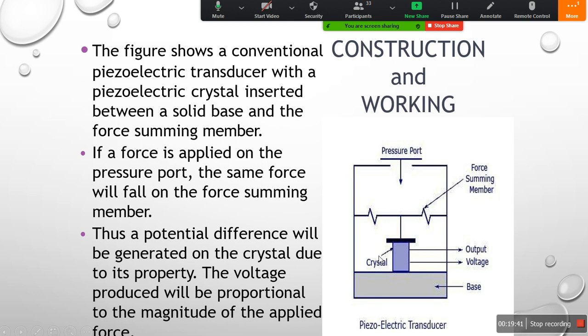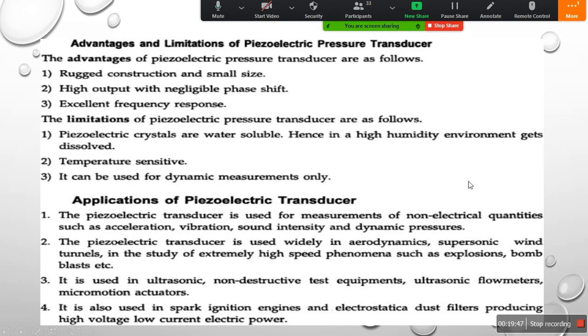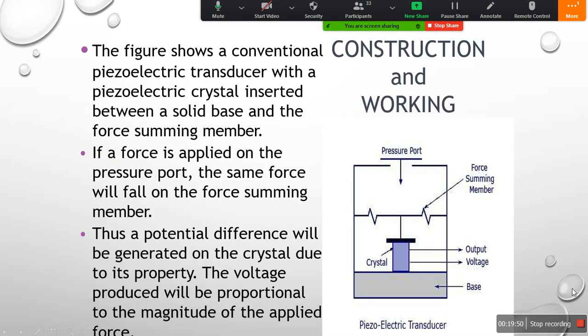So there are a lot of applications where, simply with respect to the crystal, with respect to some force member and with respect to the base, you can implement a piezoelectric transducer. But what happens here is the quartz crystal, the property of the crystal: how long it will remain, whenever you are establishing a piezoelectric transducer, how long that piezoelectric transducer will be retaining its originality. Obviously, for long hours, or if you are using a piezoelectric transducer for several years, then automatically it will not be generating that much quality output.